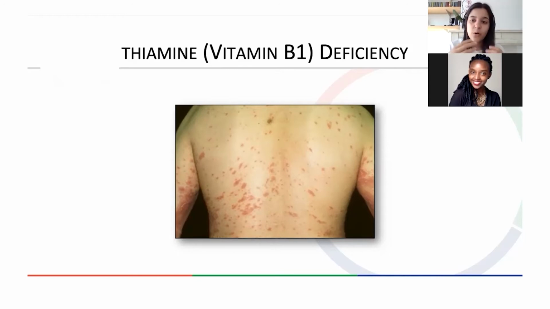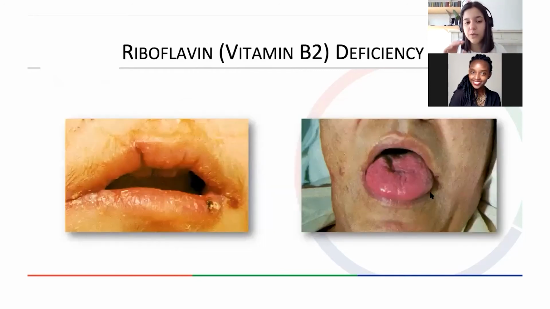It will be more of an orangey color, the spots, but it's important to notice them. Regarding riboflavin B2 deficiency, we can see that this deficiency usually has consequences in the mouth area, not only in the tongue, because the tongue gets really pink, swollen, very magenta-like, but also in a condition called cheilosis, which happens in the lips. So this happens in the lips with some cuts in the lips and some